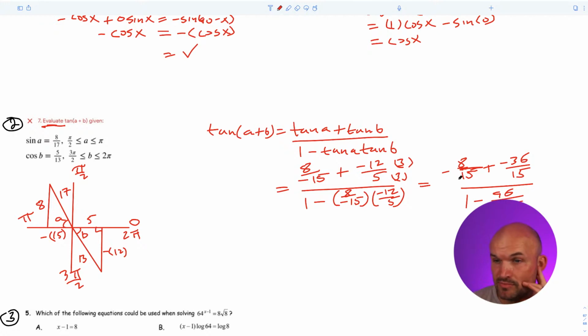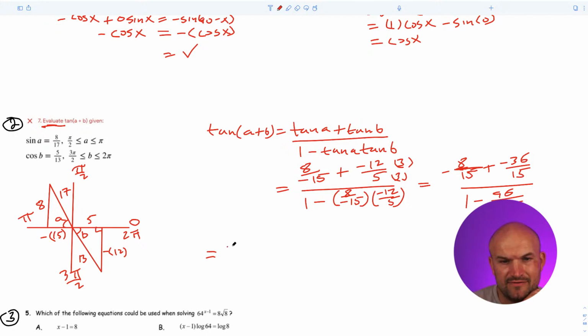Now, you could just multiply a 15 on the top of everything, but you know what? I'm going to go ahead and simplify this fraction a little bit further. There's a couple different ways you could probably do this, and I'm not sure if my way is going to be the fastest, but I'll just say my way. What I'm about to do here is the one that would make the most sense to me. So what I'm going to do is combine my fractions up top,